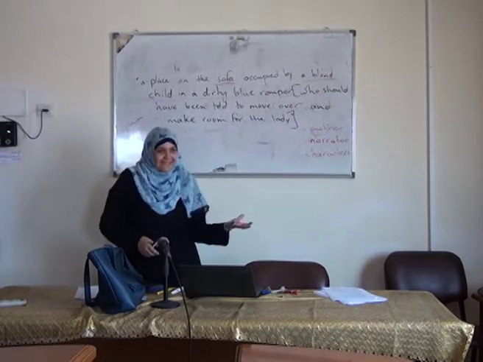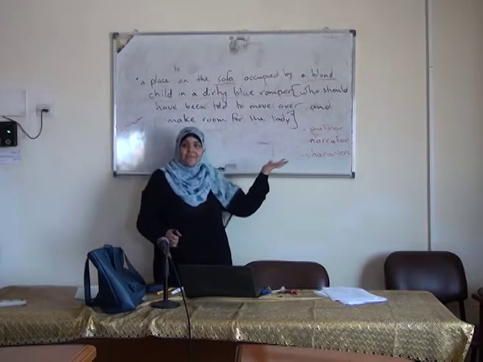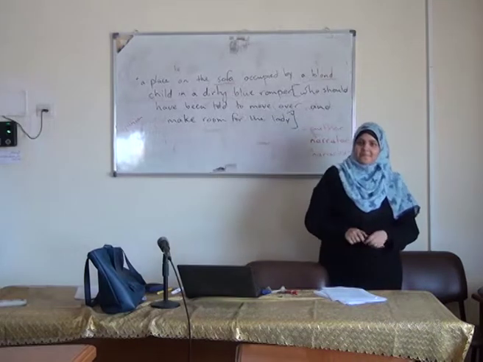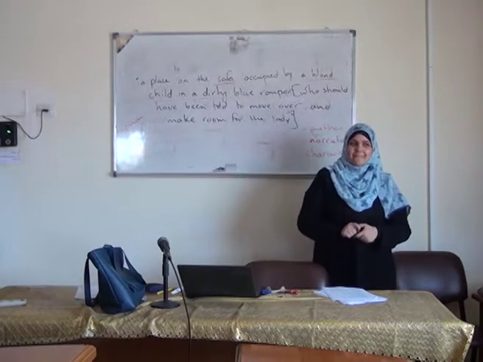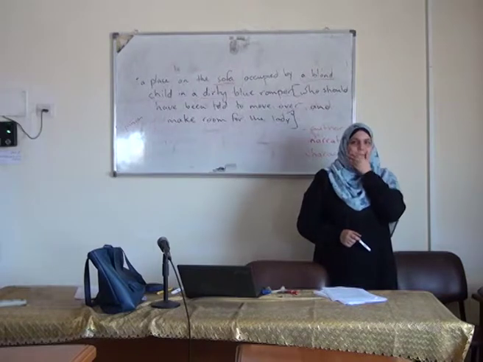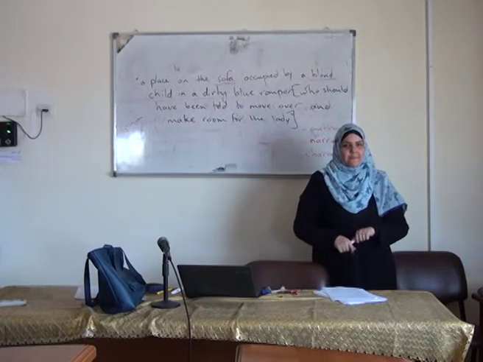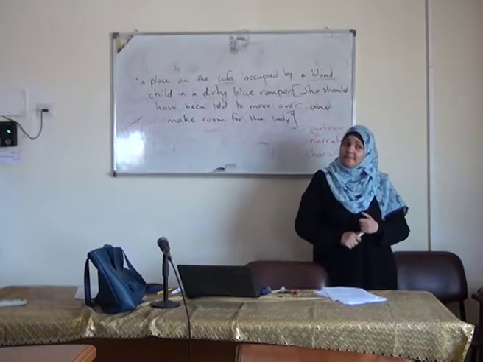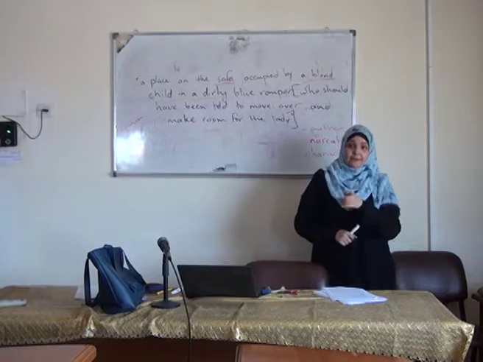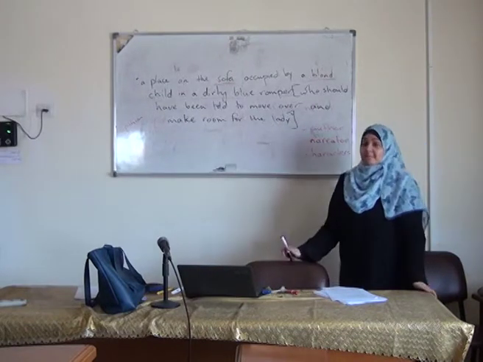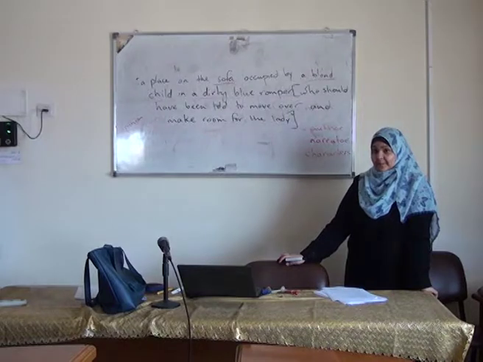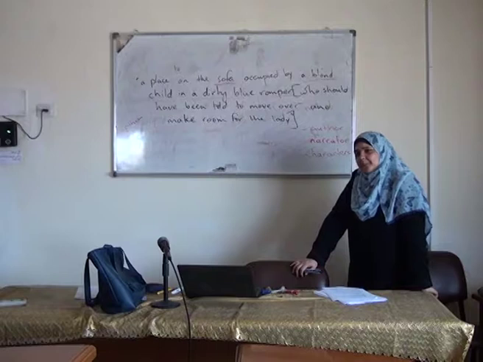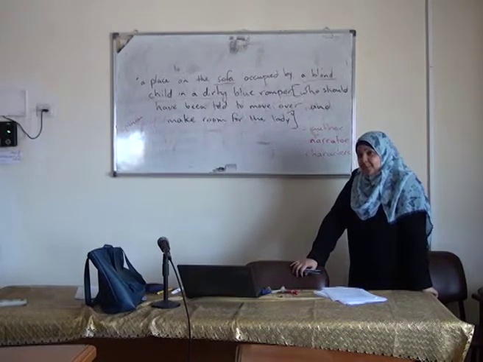Okay. I do agree. It is the opinion of the character. But why? How did you know that it's her opinion? It can't be the opinion of the narrator. The narrator must be objective, and he must only describe things, and he can't insert his opinion. Have you heard of the implied author? Implied author? Okay, yes. If it was the narrator who said that, he wouldn't say that the little boy should move and make room for the lady.